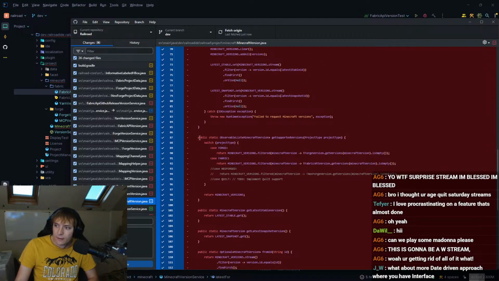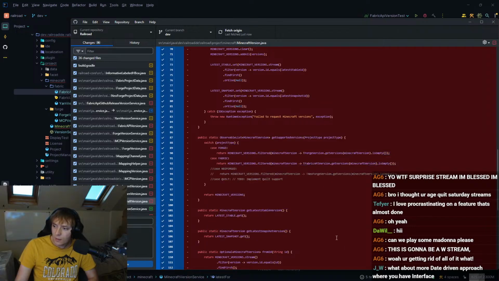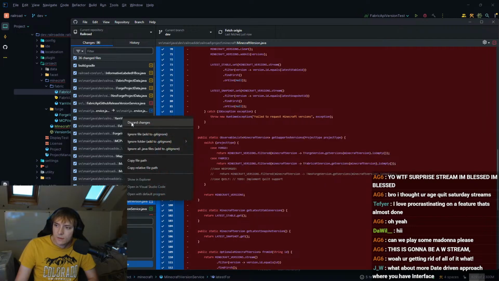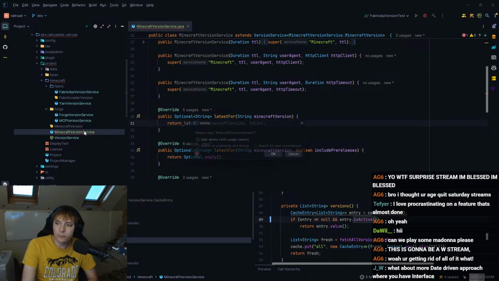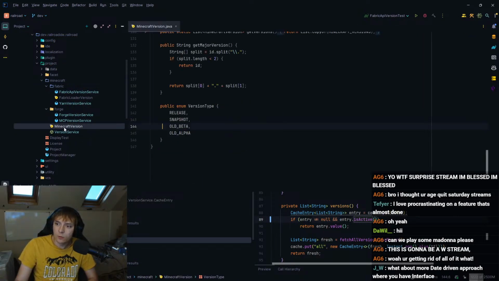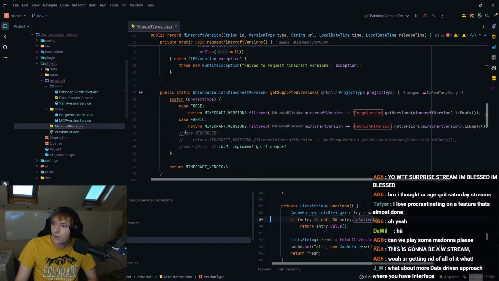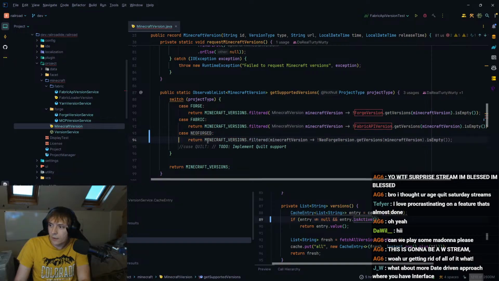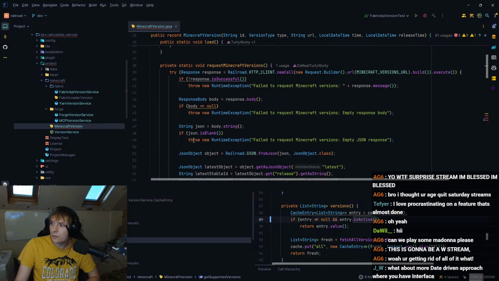Now, like, things like this, I don't want to have hard-coded in here. Well, no, these are fine, I mean. But, like, things like this, I don't want that to be hard-coded. So let's discard that, and then we can bring it back and get rid of Minecraft version service, because that's obviously not going to work for us. Okay. Let's do this. Now, yeah, these are all going to need rewriting.